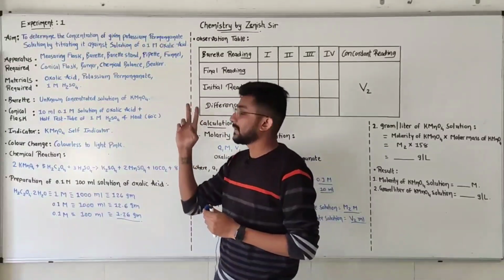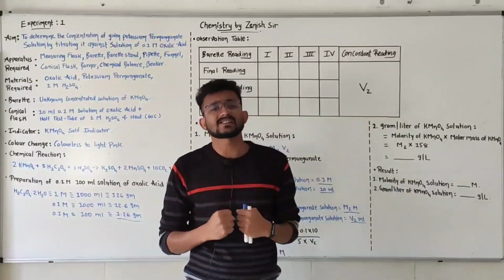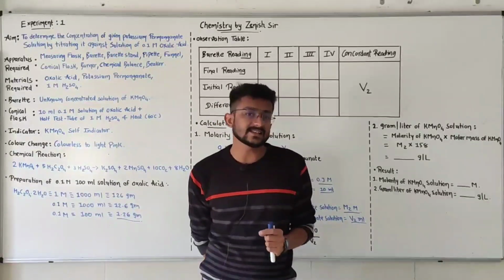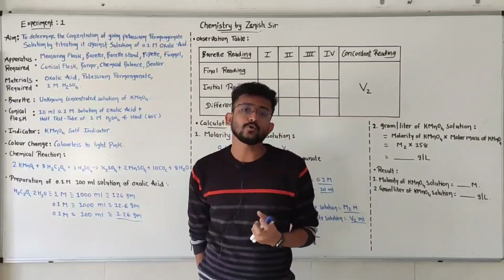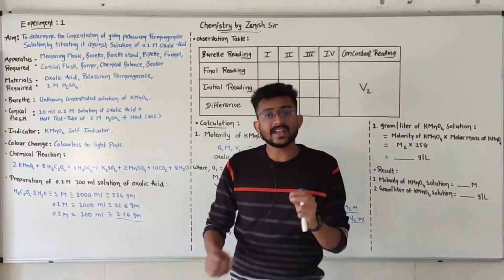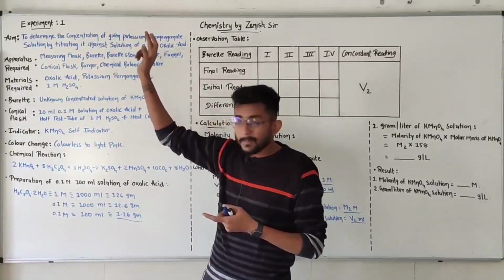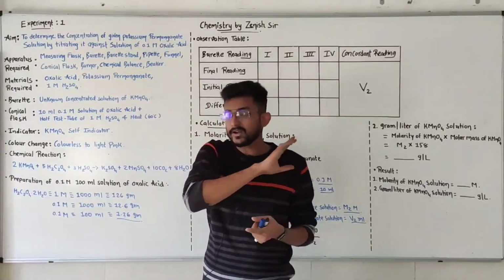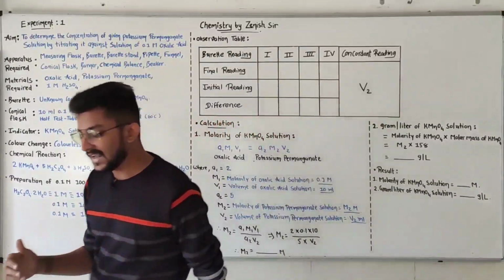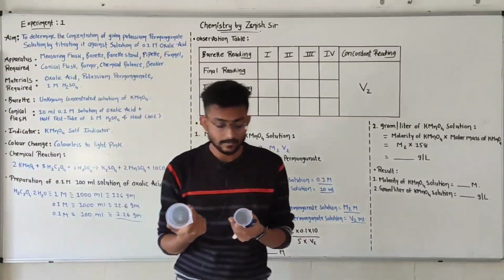After the burner, the chemical balance. The chemical balance is used to measure mass. As I told you, we have to prepare a solution of oxalic acid. That's why we have to measure exactly what amount of oxalic acid will be dissolved in water. That's why the chemical balance is our apparatus, which is also in the laboratory. We will see it. After that, the beaker. There are two types of beaker, a small beaker and a big one.